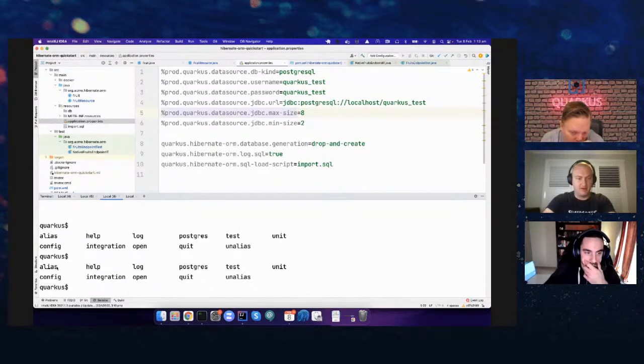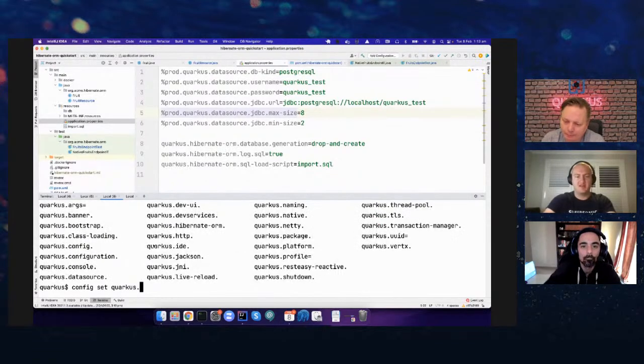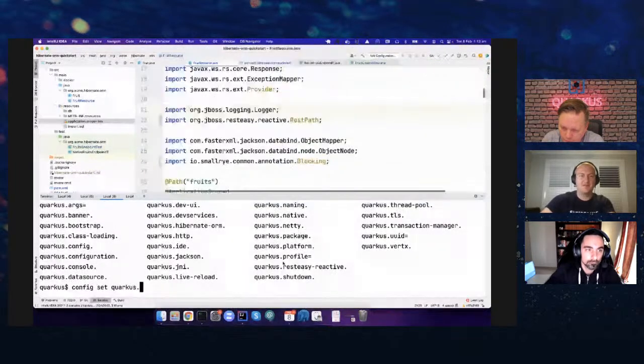So what else do we have here? We've also got a config editor. This is a simple way to set Quarkus config. Here in this file, I've got the file open in my IDE, so it would be easy to just change the config value in the file. But say I didn't have that open and I couldn't remember the name of my config, you can do tab completed